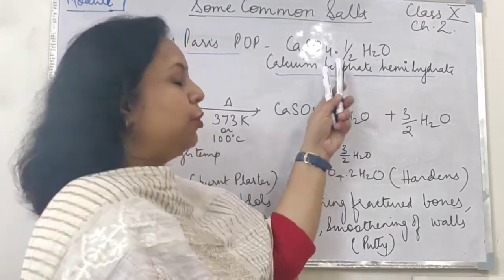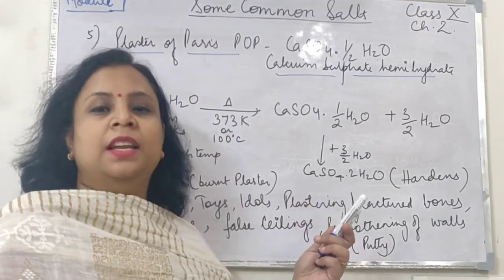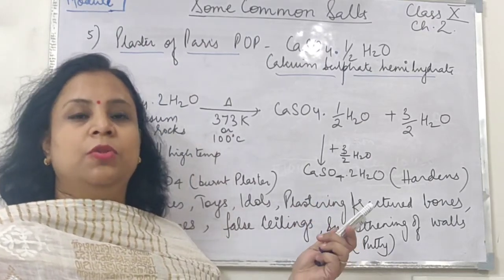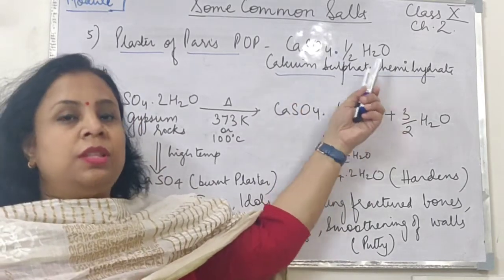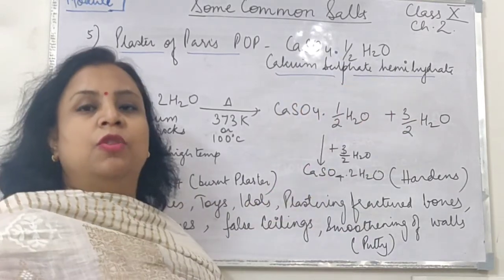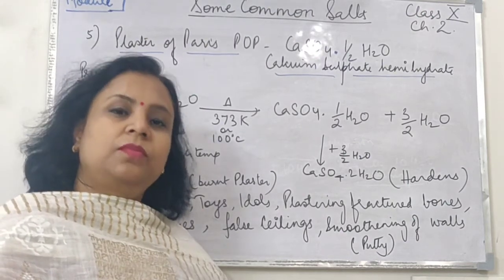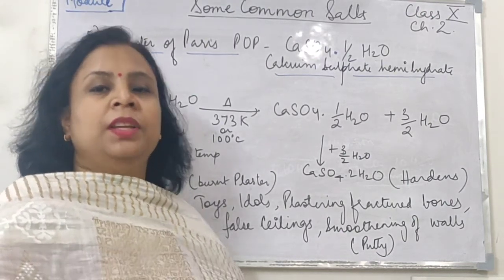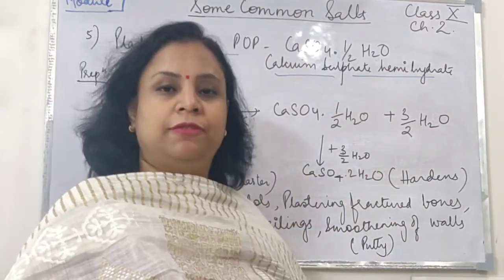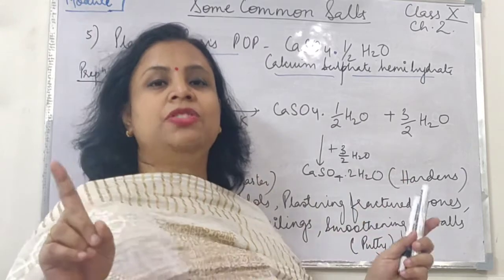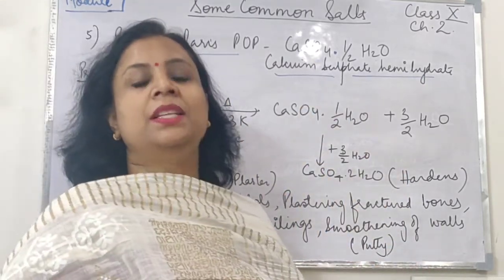And half, you know that half a molecule of water can never be associated with one molecule. Basically over here, between two molecules, one molecule of water is being shared. But since we write the molecular formula at the unit level, we are writing half because one is being shared between two. Now how is this POP formed?